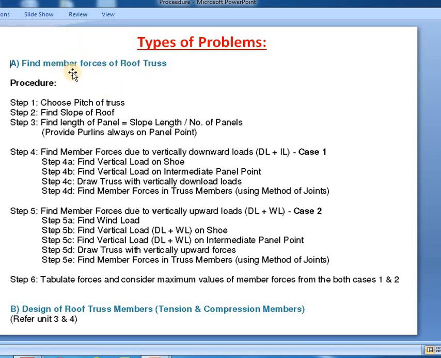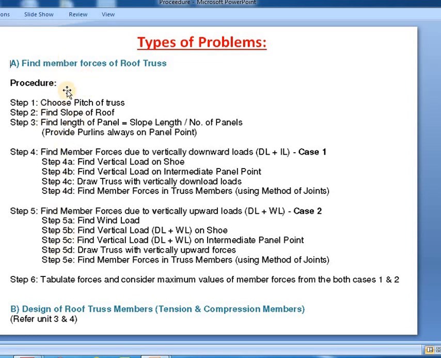After knowing these loads, then based on the tension member and compression member criteria, that is the second unit, compression and tension members, the same procedure we followed in the second unit, the same procedure we have to follow here for the design of roof truss, the second type of problem. Based on previous experience, we are getting only these types of questions right now.